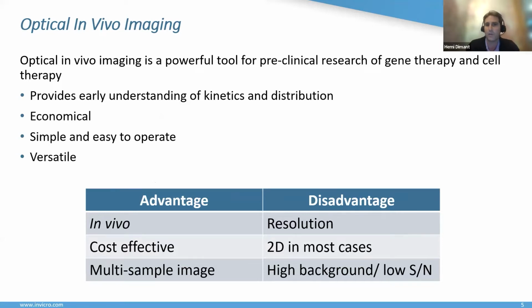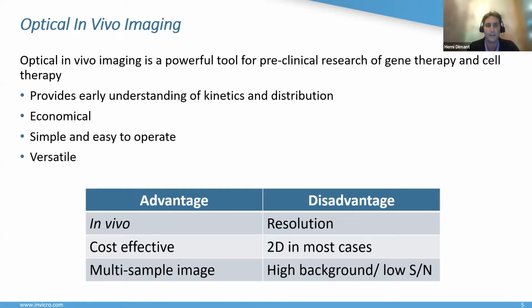Generally, optical in vivo imaging is a very powerful tool for preclinical research. Here, I'm specifically touching on gene therapy and cell therapy. It provides early understanding of kinetics and distribution. It's pretty economical, not that expensive, and very widely used because it's simple and easy to operate. A lot of labs and companies are using IVIS, for example, for in vivo fluorescence or bioluminescence, and it's